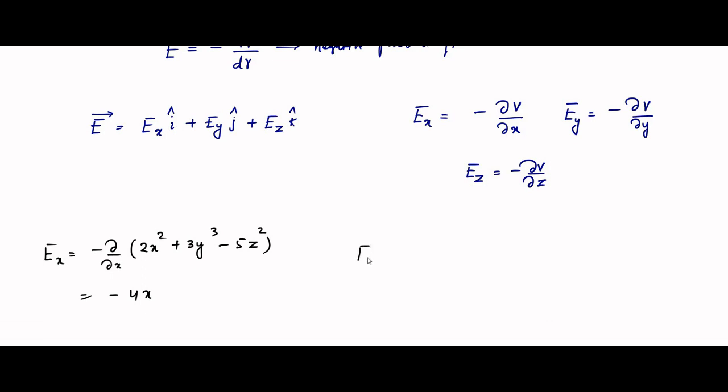Similarly, Ey is minus del by del y of 2x square plus 3y cube minus 5z square. Only the y part will be differentiated, others are constant, so it will be equal to minus 9y square. And similarly Ez